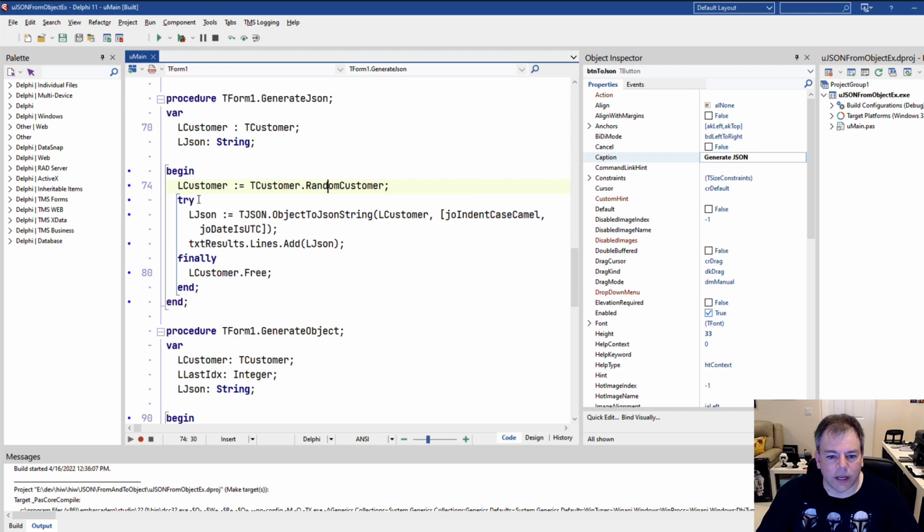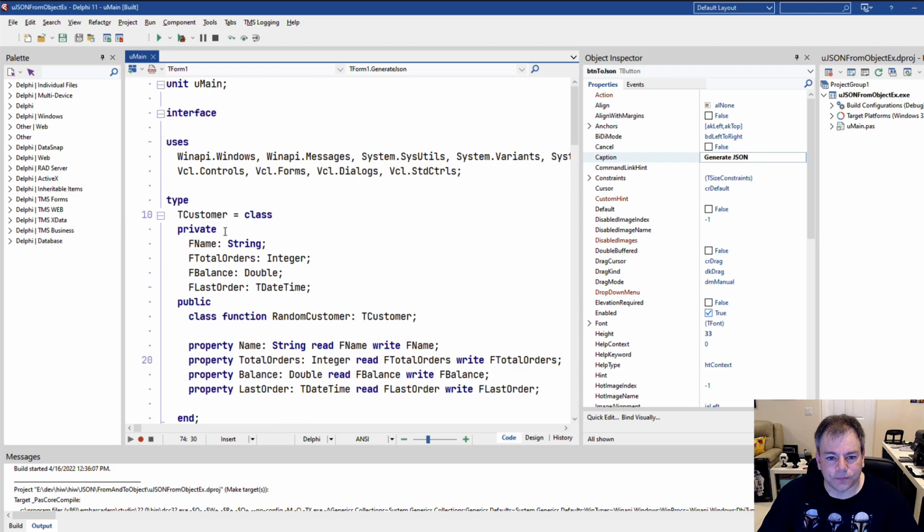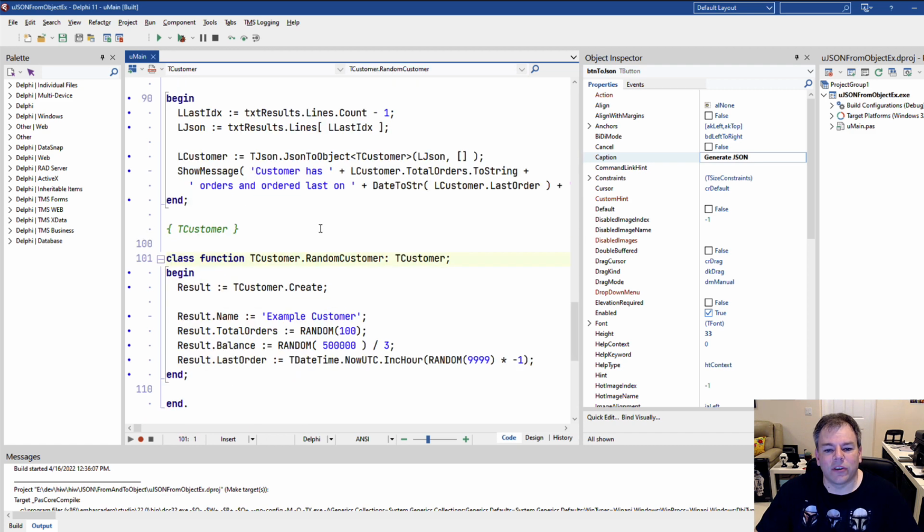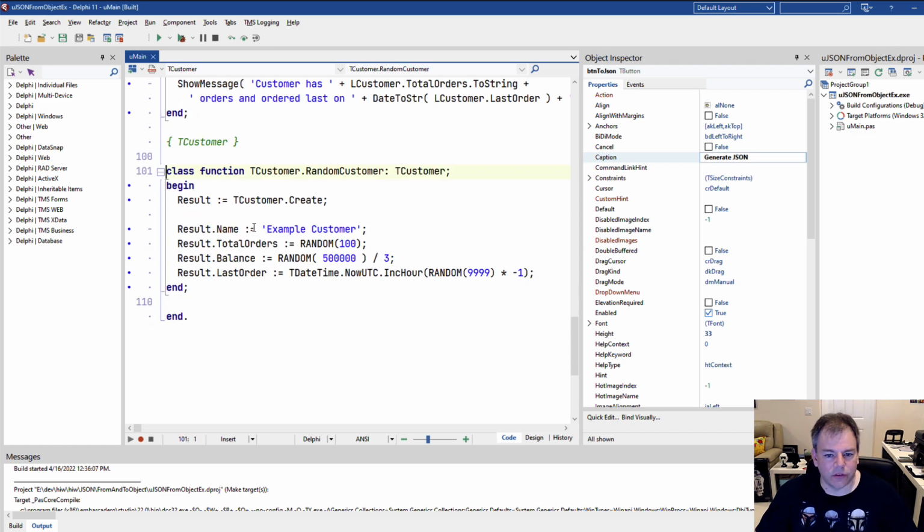Well, let's look at the TCustomer class. The TCustomer class has a class function RandomCustomer, and that returns a customer with a name set to example customer, number of total orders, a random number up to 100, and a balance up to, what did I do, 500,000 divided by 3 to get a floating point, of course.